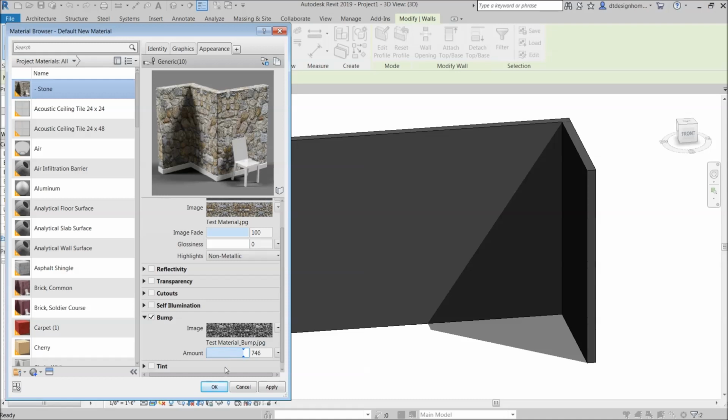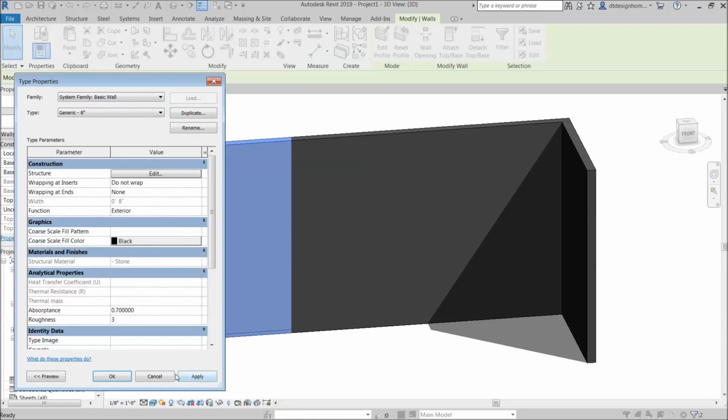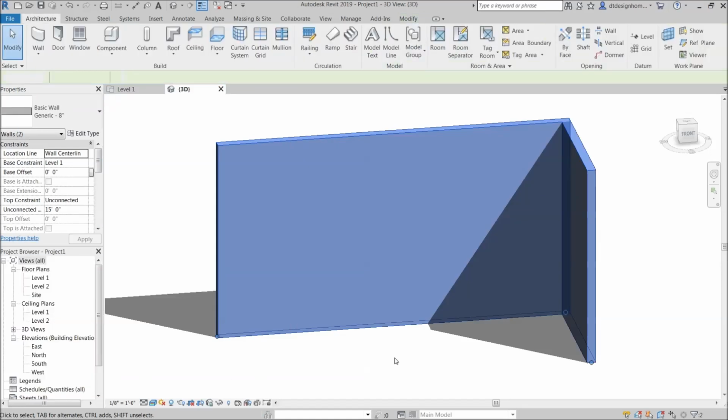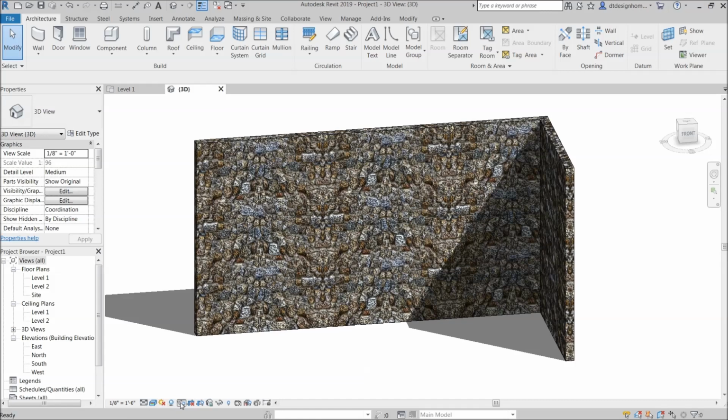That's getting a little bit better. You're not going to get a big, huge rounded stone unless you go in and actually really mess with your bump map and start adding shadowing and all of that sort of stuff. So if we say okay, okay. So now we've got a stone texture. It looks crazy here, but when we render it, it's not going to look near as kind of pixelated and